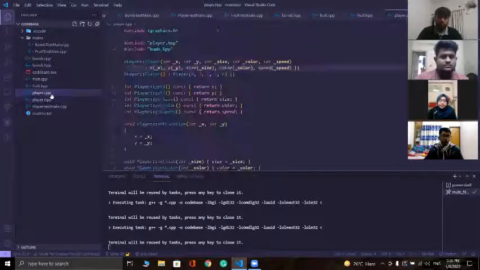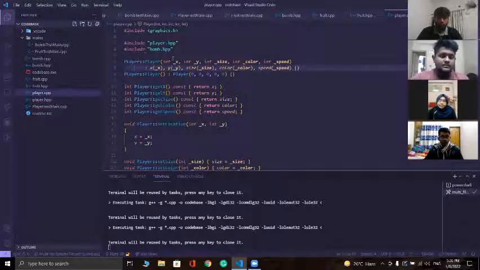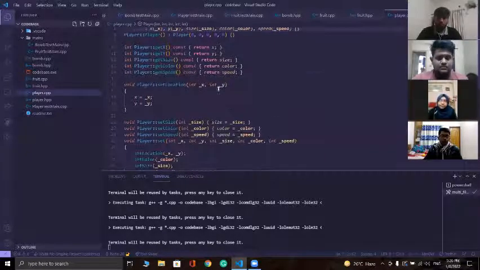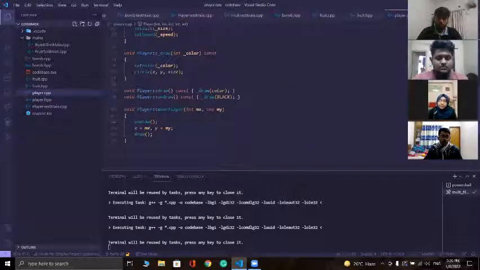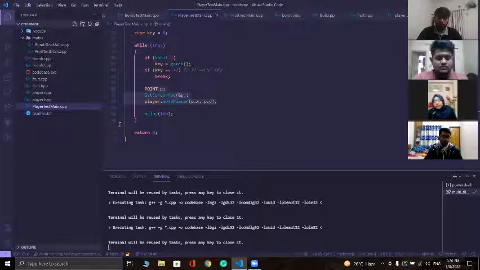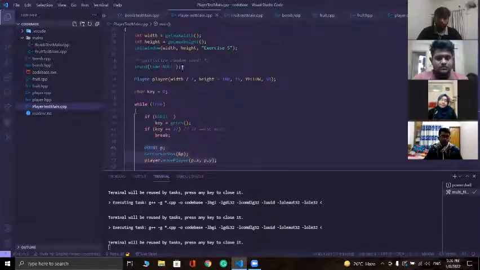And for the CPP file, here we have defined all the functions. I mean, all the methods that are declared in the header file. So here is the definition of the methods. We can see that. And in the player test main, I mean, in the main function, we can see that